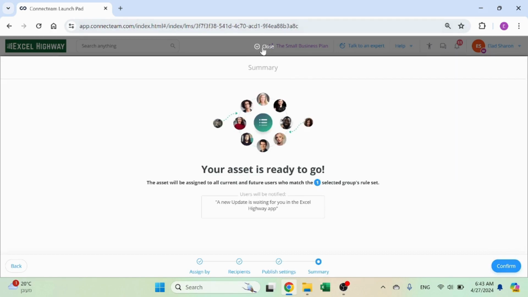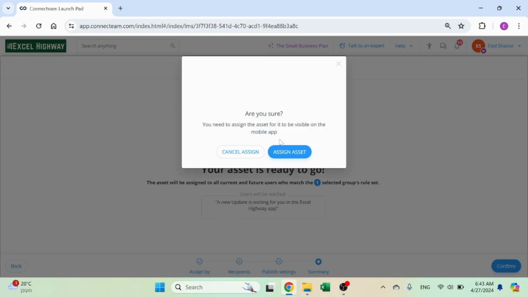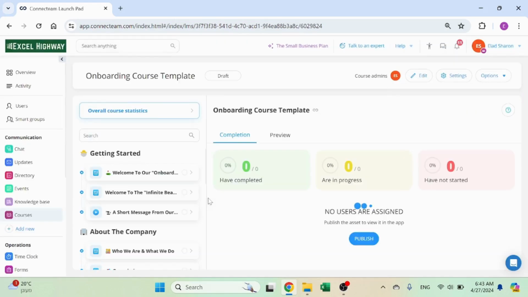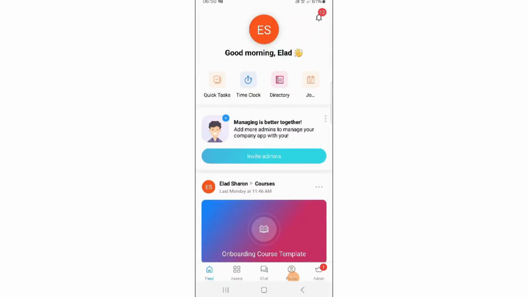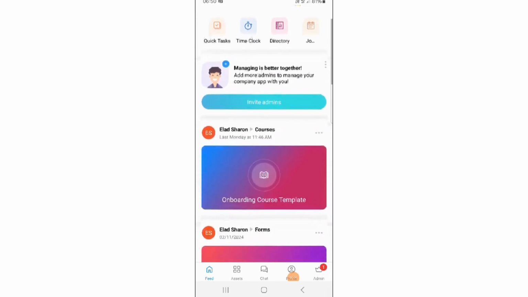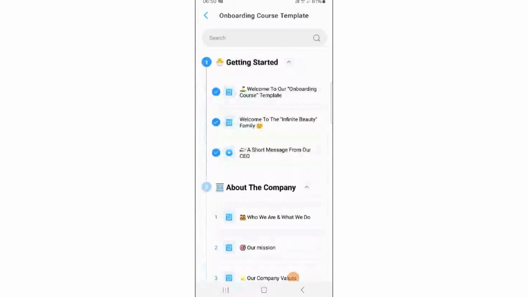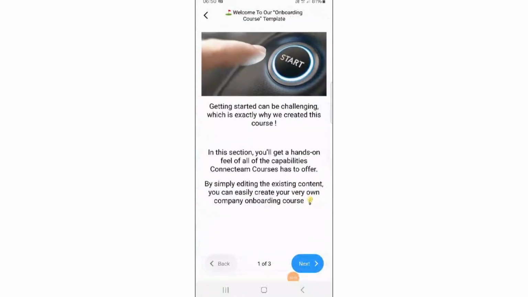And once I do that, the courses will be ready and published, and my team can start using it. Here's how it looks from the employee's perspective. You can see I have my courses here, onboarding course template. So I can click here and see